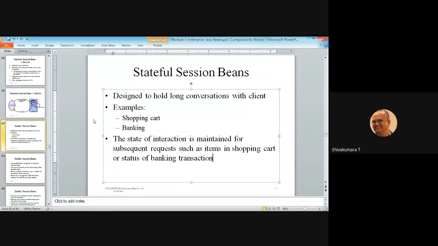If you need to keep track of every action you are performing on the banking or on the shopping cart, you can use the stateful session beans concept. The stateful session beans maintain the state of transactions.